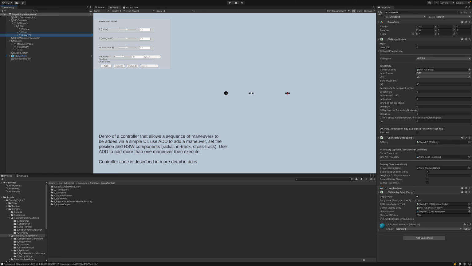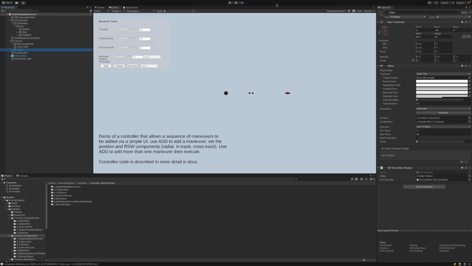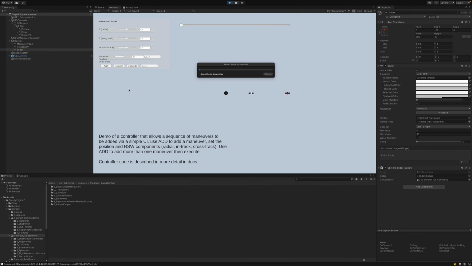It's set to Kepler, that's deterministic. We could look at the star. It's set to fixed, that's very deterministic. So then hiding in this canvas for just this purpose is a slider, which we can turn to enabled. That will be represented as a time slider, and you can see down here it has this GE time slider script on it. What this lets us do, if we press play,